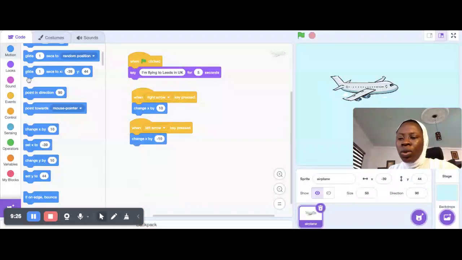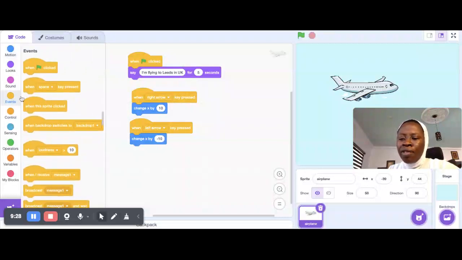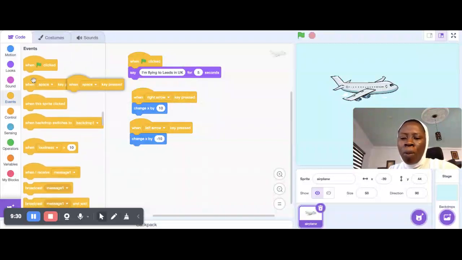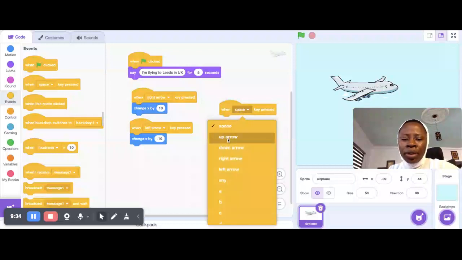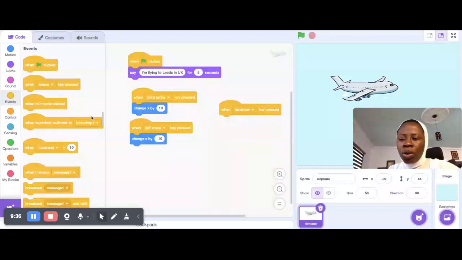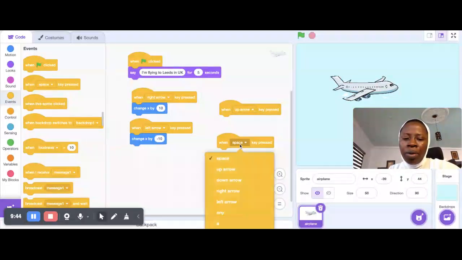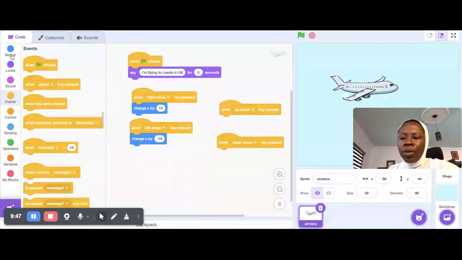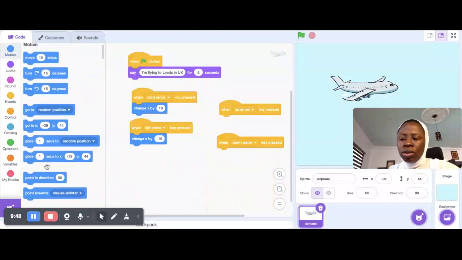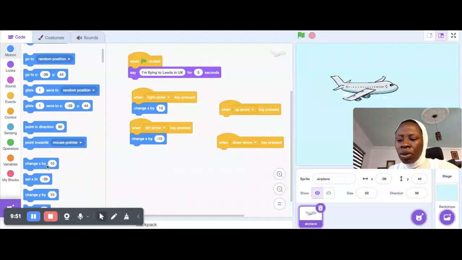So my right should be positive, whereas my left should be negative, according to the number line. Then I also want to have, whenever I move up or down, up and down is always Y. So up arrow will always be positive. Let me also drag it so that I don't drag again. So I'll bring all of this, down arrow,